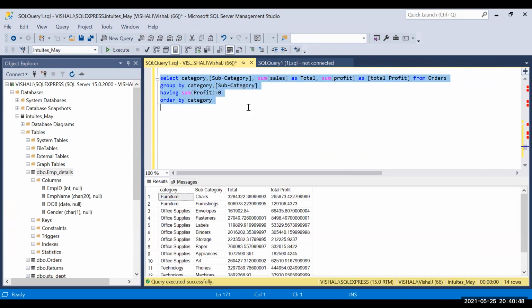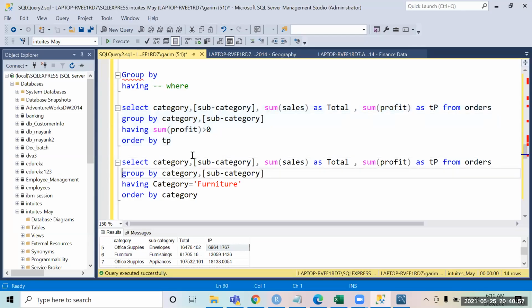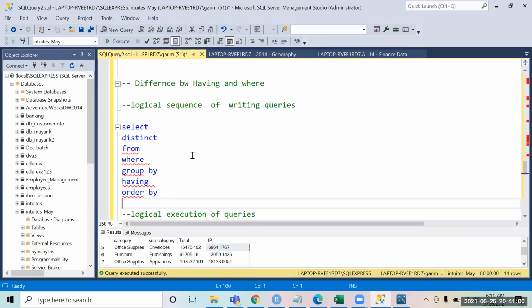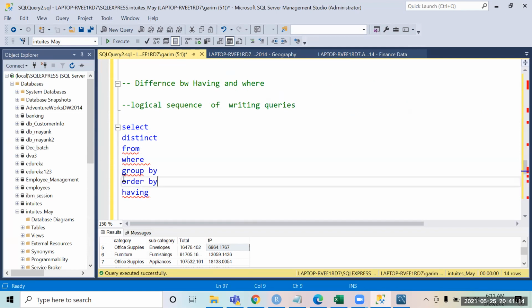Okay, so basically this is what we have to keep in mind when you write a query. This is how you write the sequence: first you write select, from, where, group by, having, and last comes the order by. If we break this order, if by mistake I write order by over here, the query is not going to work, because the sequence in which the SQL engine expects the clauses is not correct. You had order by before having, and that is why SQL was giving you an error.